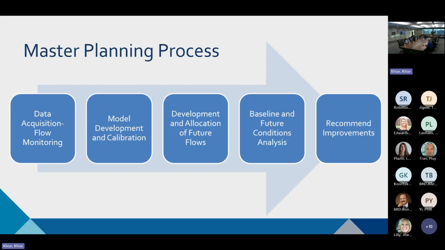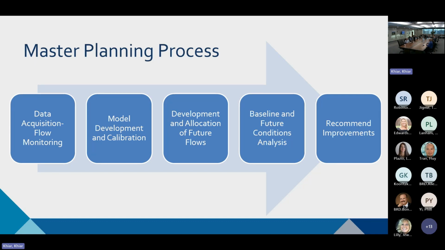This scope is related to the model development and the calibration of that model so that we can tie our actual flows that come from all our houses and residences, businesses, but also include the influence of rainfall and I&I, rainflow and infiltration. We will also then tie in a development of future flows by looking at our projections for residential, commercial growth and data center growth. That is actually also underway, and we're developing some projections that will feed into a water master plan, a reclaim master plan, and this wastewater collection system master plan. All of our divisions will be able to use that data.